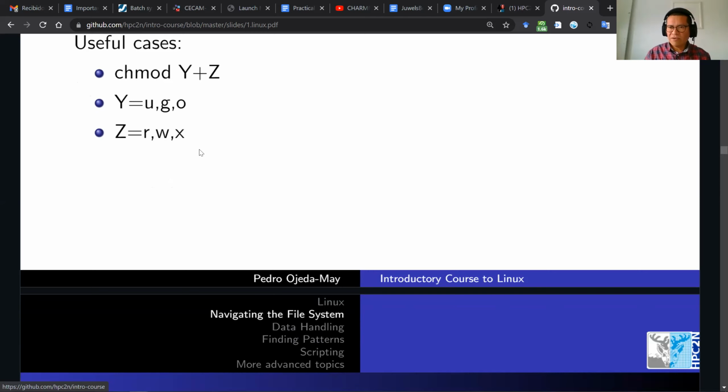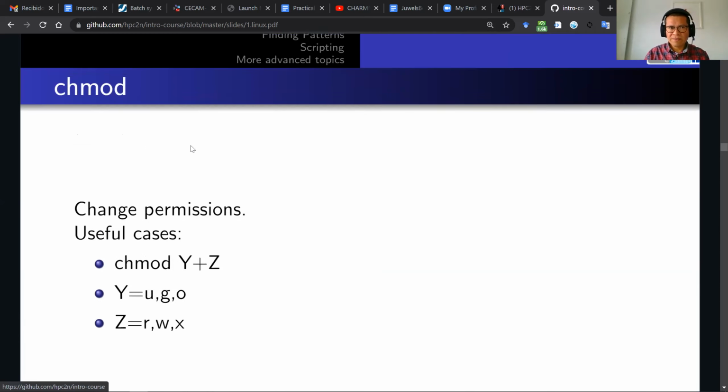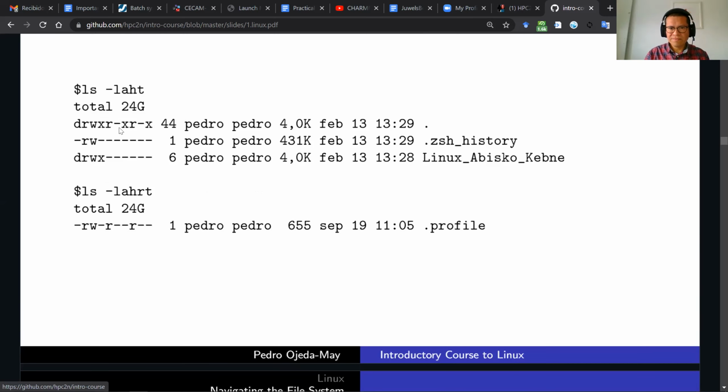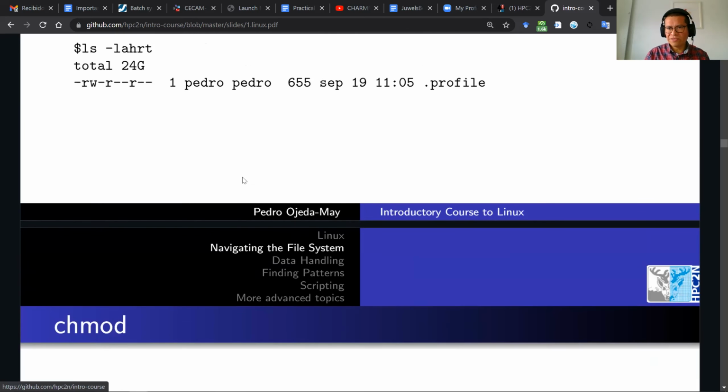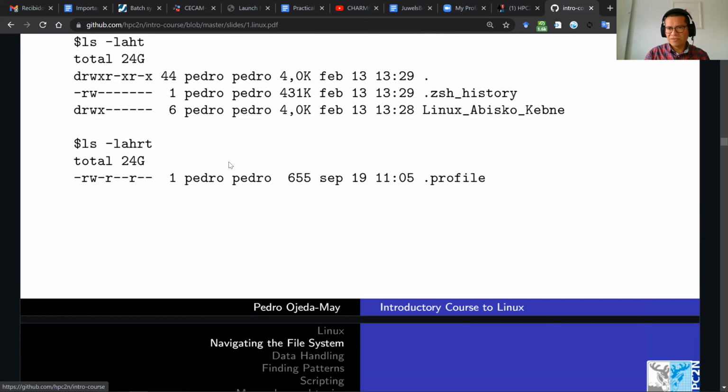So imagine that I want to change the permission of the previous file here. I want to add the permission of executable to the set sh history file. So what I can use is chmod u+x, right? And otherwise, if I want to remove the permission of one file, I can use the chmod command,